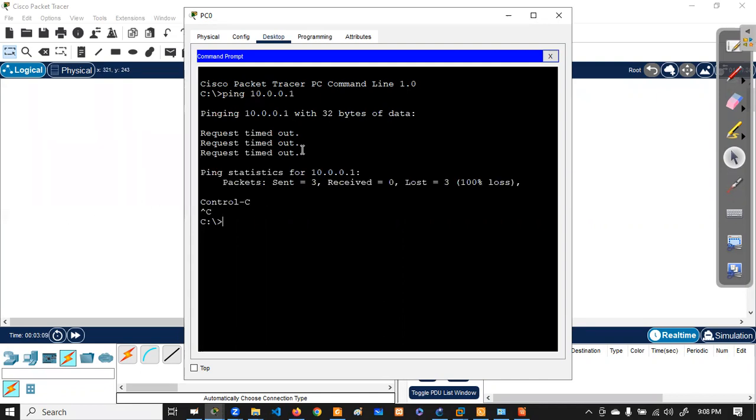Okay, so you cannot communicate. 3 packets sent, no success. Sent 3, received 0, lost 3. So there is no communication. If there is communication, you will receive a reply, okay guys.